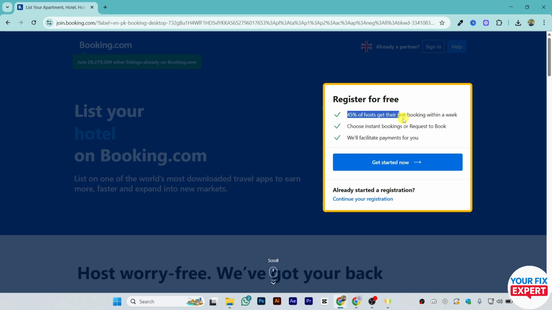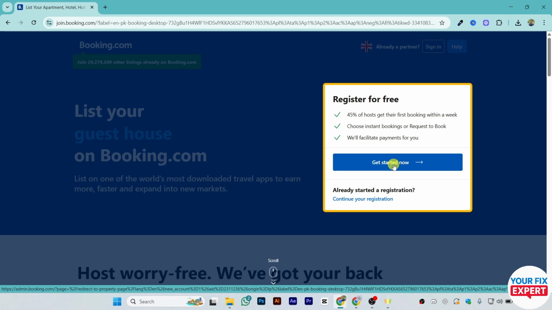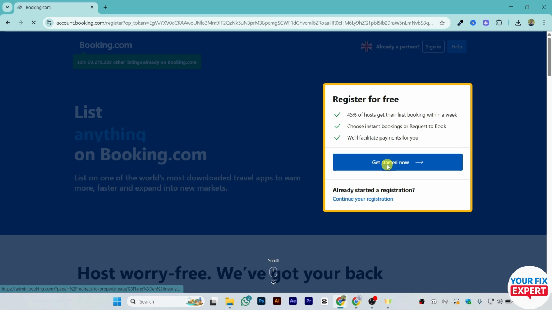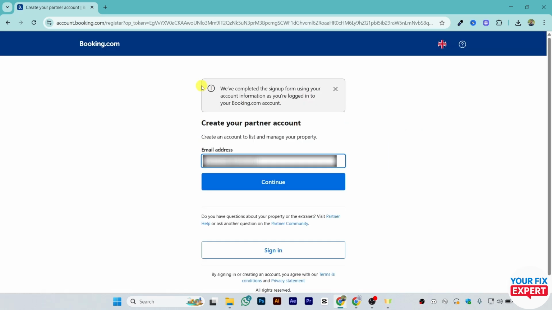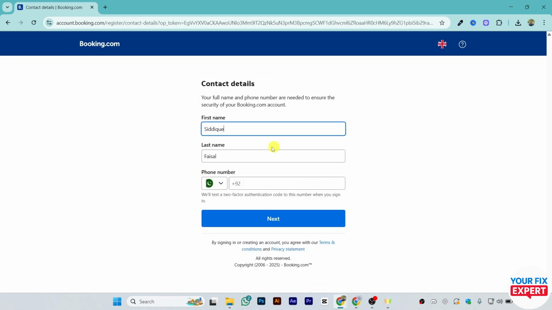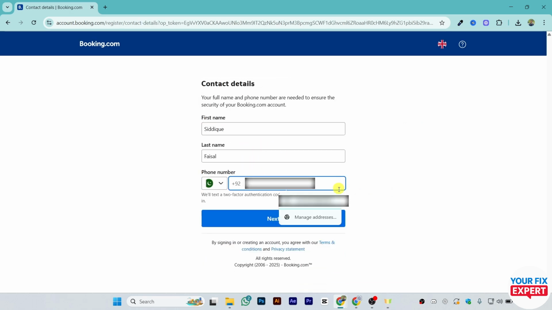As you can see, 45%, these are the benefits. Now you can just click on get started. If you're not logged in, just click on continue your registration. Otherwise you can just click on get started now, and they will ask you to create your partner account. So just enter the email address, click on continue, enter the information, enter the phone number. Let's say this is my phone number. Let me just enter all those details,